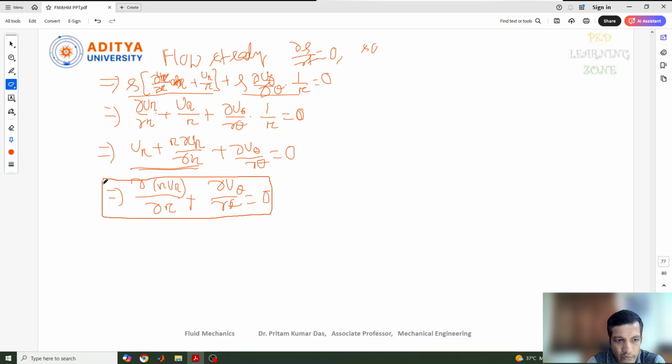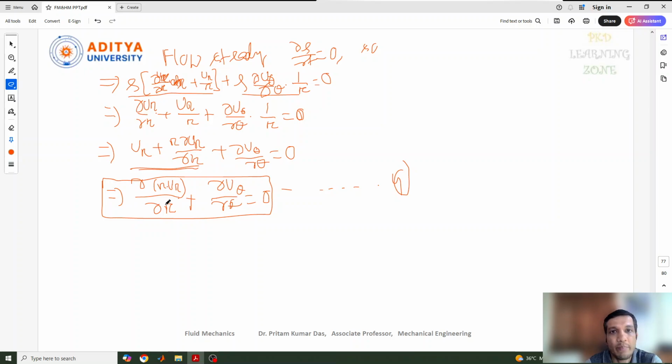This is your final equation, equation number 4 you can mention it. This is nothing but the derivative of u into v, how we used to write the same thing, I have written here. ∂(r ur)/∂r, if you derive in this way, that is the formula actually. So this is the equation, the continuity equation in polar coordinate system for the two-dimensional